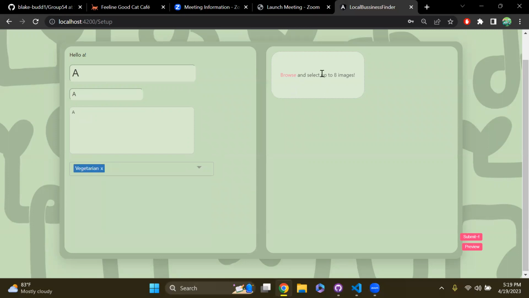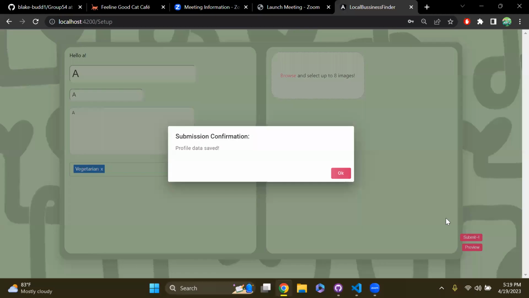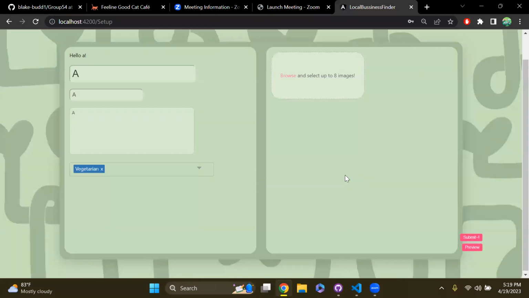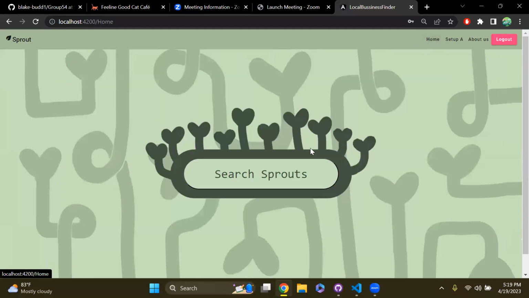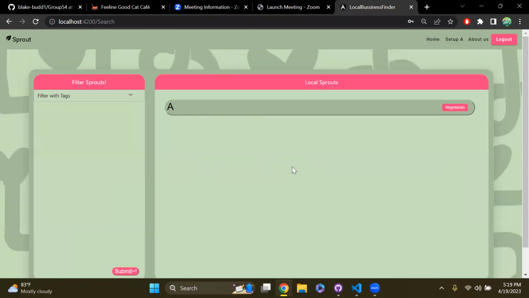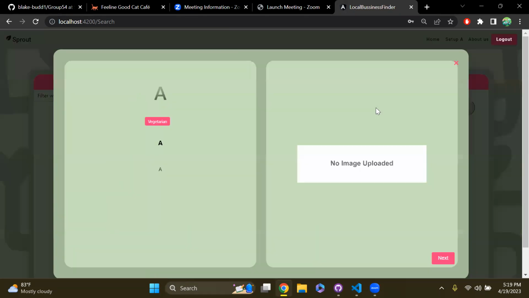Vegetarian. And let's select no images. So if we click submit, profile data saved. There's no image, but the title, the address, the description, and the tags are instantiated. So let's go home and click on the search browse button. You can see we have our business and our tag. Let's click on this, and it is just as the preview showed: the vegetarian, the A, and these are the